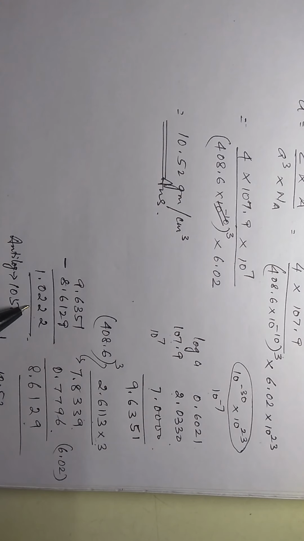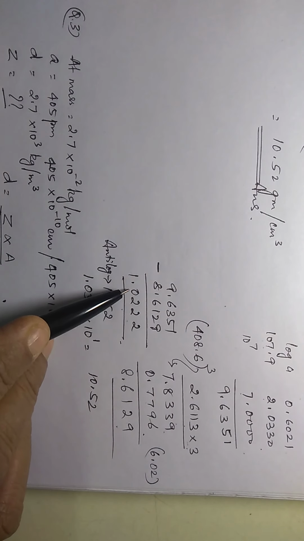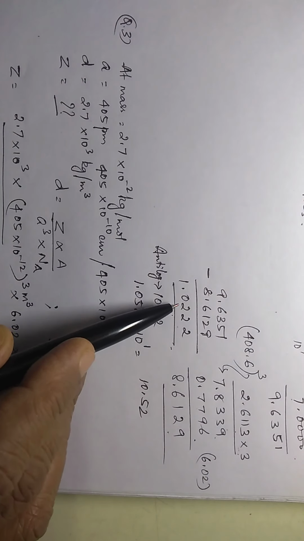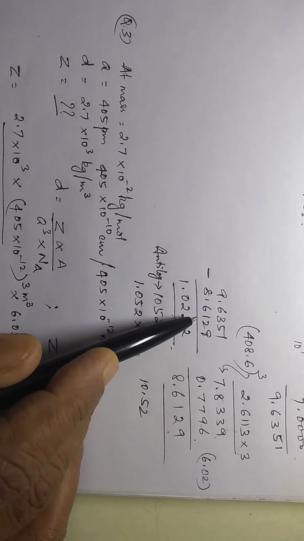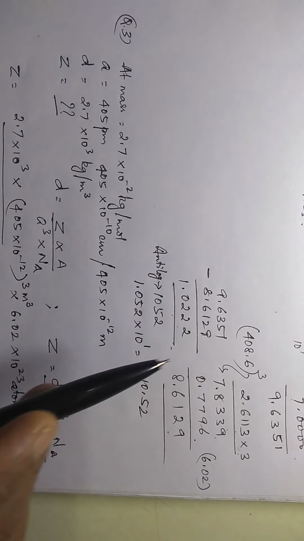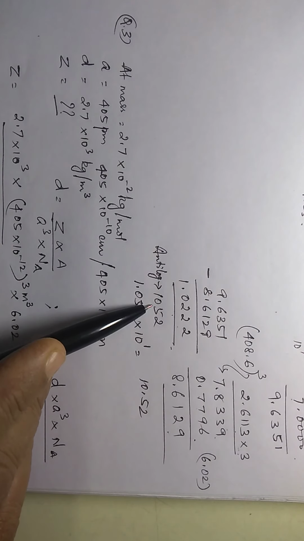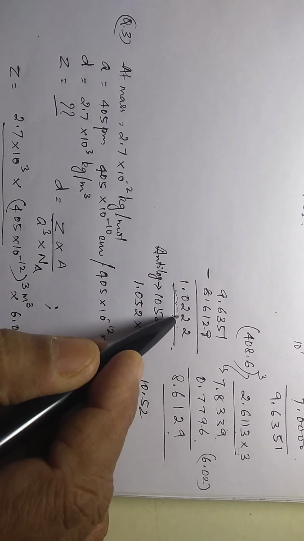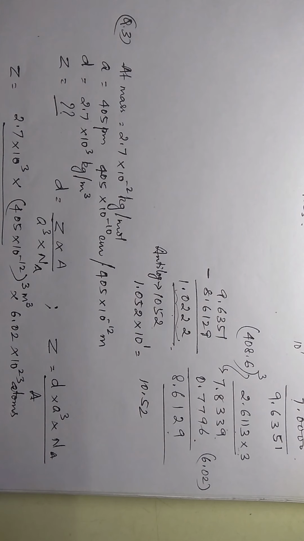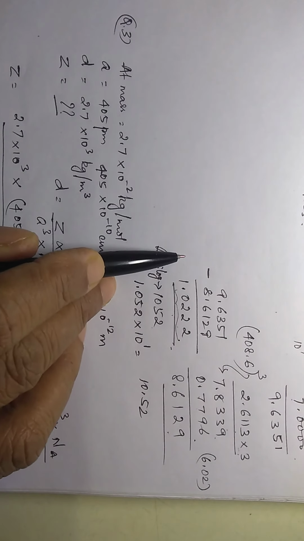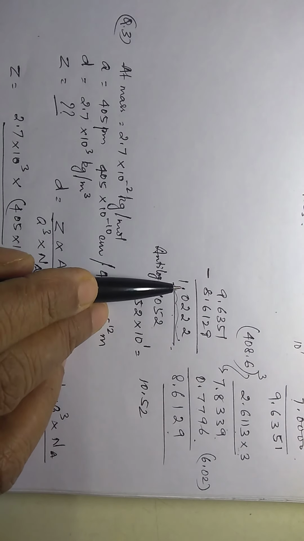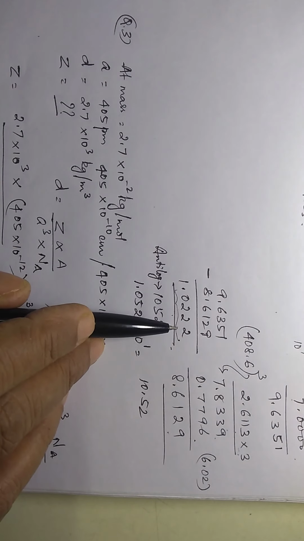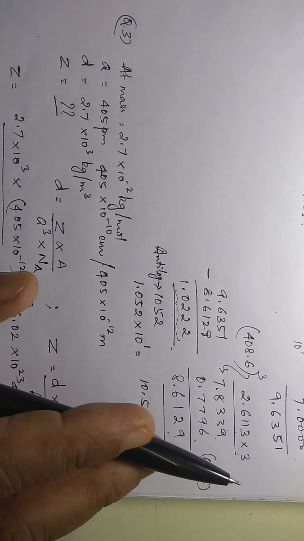So you find out the difference between the two. You're getting 1.0222. And for 0.0222, the anti-log has to be found out. That anti-log value is 1052. Anti-log is always to be seen only for the part after the decimal. Only for the number which is after the decimal. Okay? We never look up the anti-log of this part. We take the anti-log only of the digits after the decimal point.